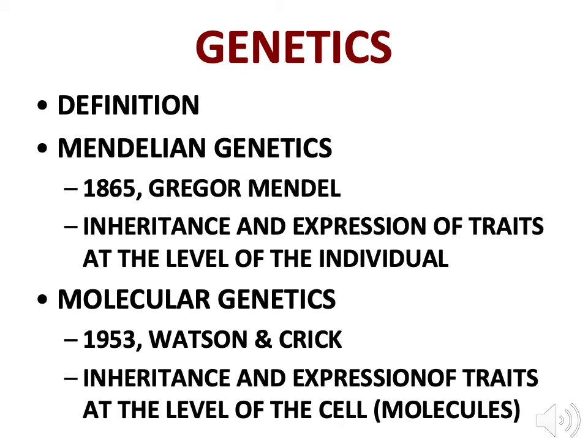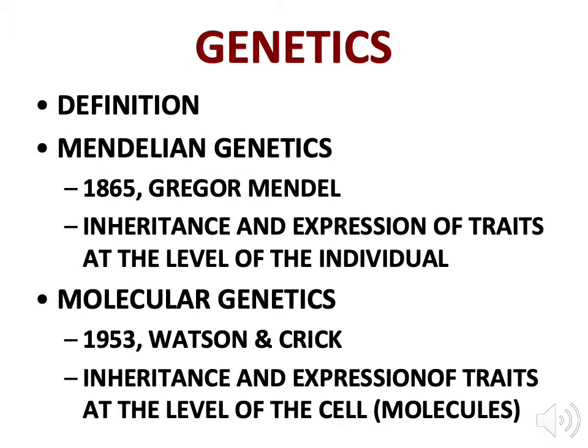There are two forms of genetics, or two subsets of this discipline. One's called Mendelian genetics, and the second is called molecular genetics. They differ in age by about 100 years, give or take. Mendelian genetics dates back to the work of a fellow by the name of Gregor Mendel, a monk in Austria. And we'll talk a little bit more about him, but he published a paper in 1865 that